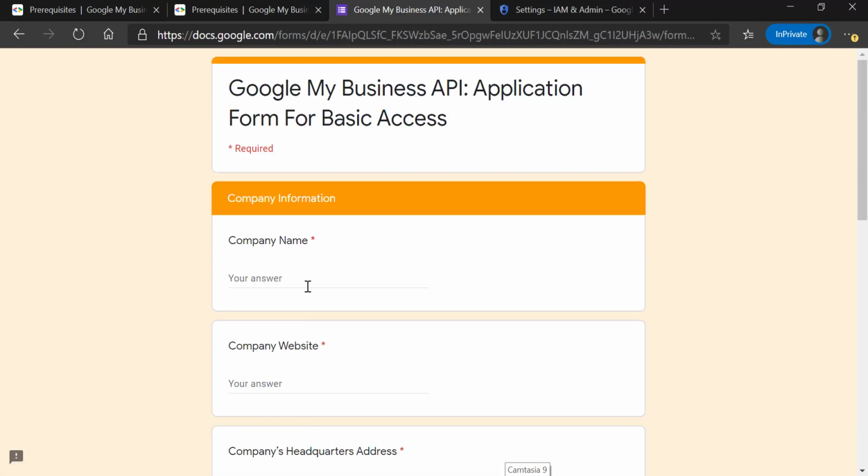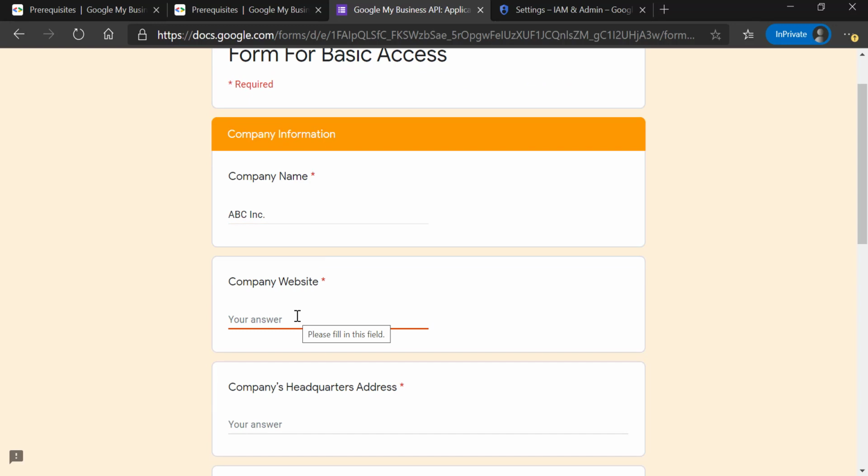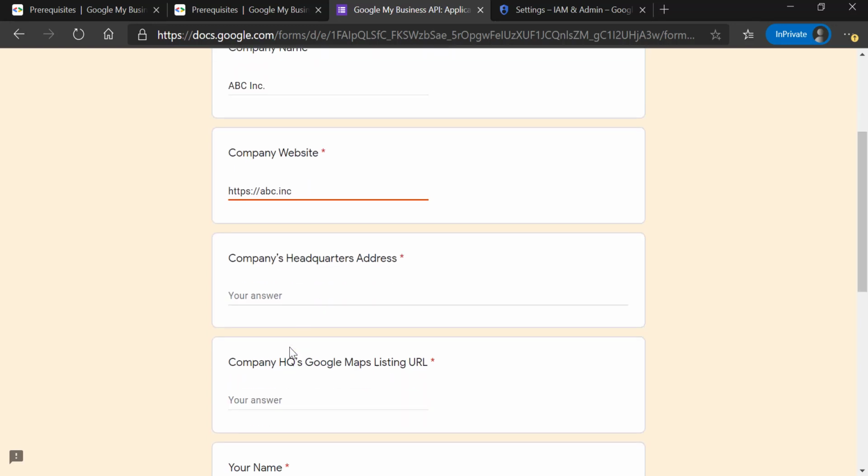Now the company name, we would say ABC Incorporation, whatever the name of your company is. You mention the company website, abc.inc, company headquarters, I would say ABC XYZ India.